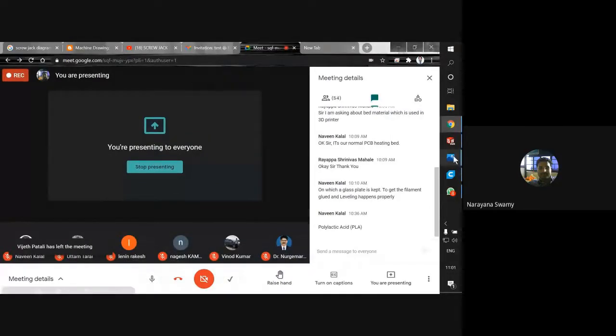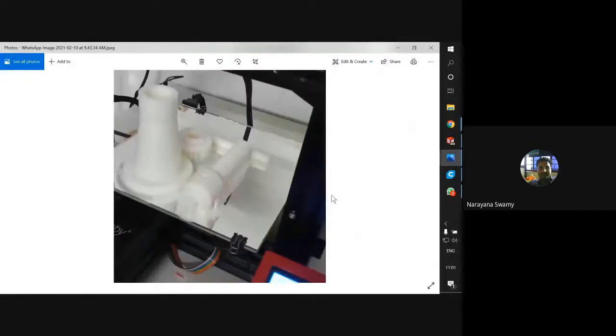Yeah, we just wanted to show this. See, this is how it need not be a single component. We can have multiple components, again depending upon your bed size. You can keep all those models on the top itself, mesh them, and produce everything at a time. You can see this is a screw jack assembly, and all the parts are produced at a time. You can see these are the supporting materials, which it is going to have in order to produce.